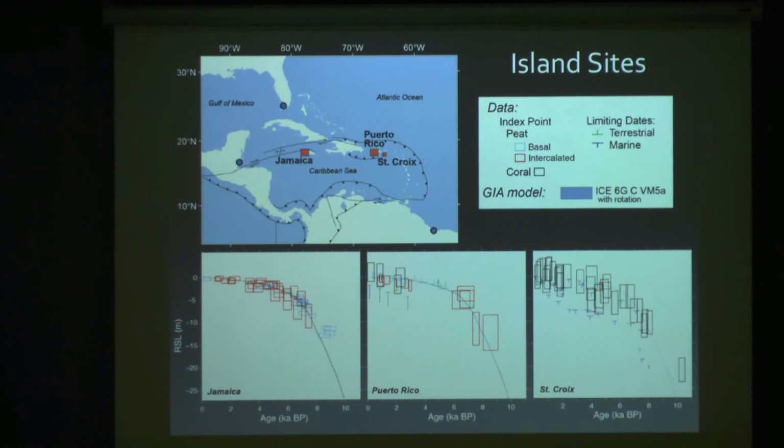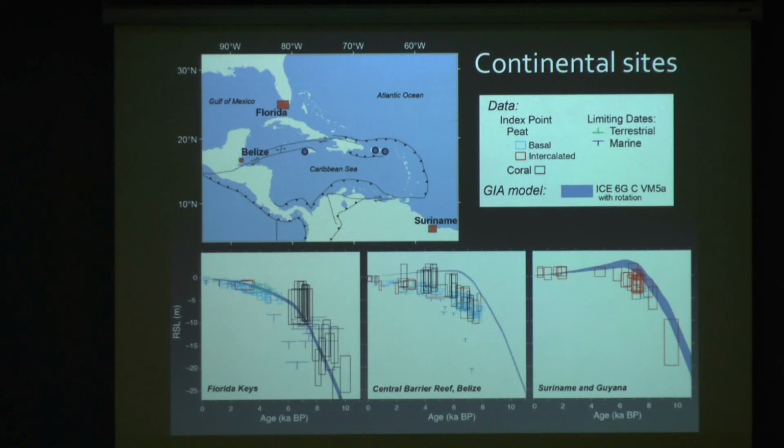Then we can compare this data, or a subset of this data, to glacial-isostatic adjustment models to try to validate these models. If they fit this data well, these models are describing, or at least predicting, the glacial-isostatic adjustment process well. Here are the three island sites in the Caribbean: Jamaica, Puerto Rico, and St. Croix. This comes from the ICE6GC ice model and VM5A Earth model. We can see that it fits the data relatively well at all the sites. But then when we move to our continental sites in Florida, Belize, and Suriname,